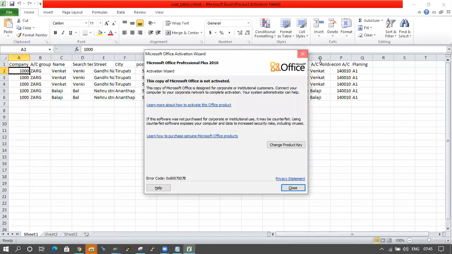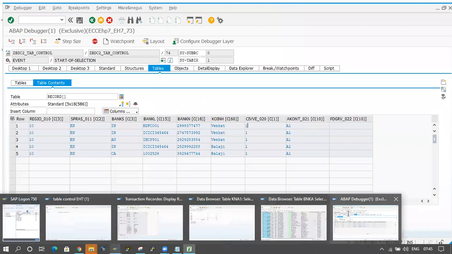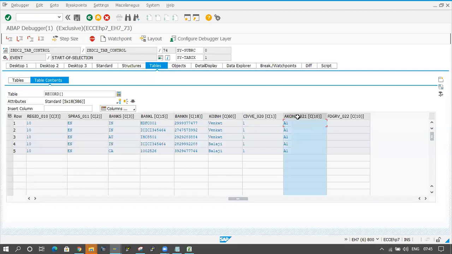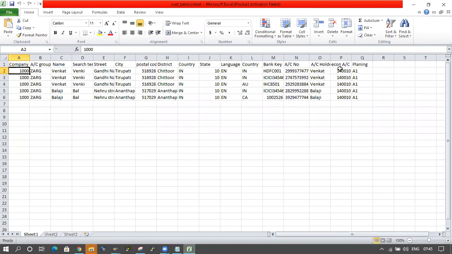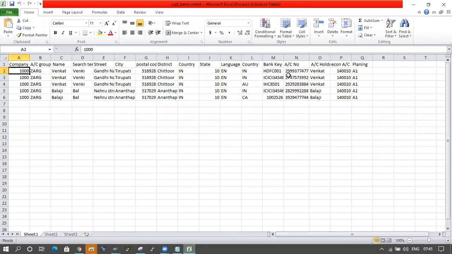If you see in the debugging, in the internal table, how the values are coming, the AKY entry is there. Actually, I have given the AKY entry account group, the recon account is 140010, and the planning ID is A1, the last field. But in the debugging, the value A1 is coming in the AKY entry accounting recon account. This is wrong because CIBBE is there before this one, but I did not maintain that in the Excel sheet.